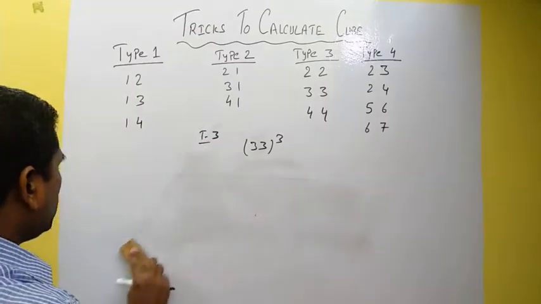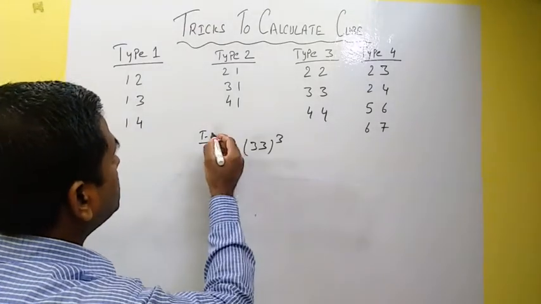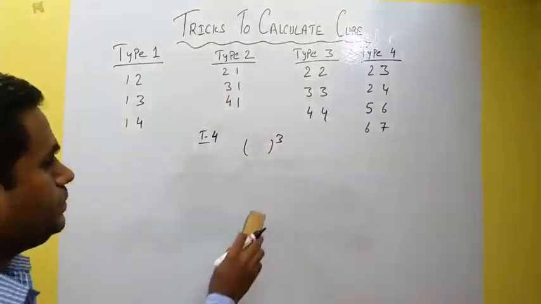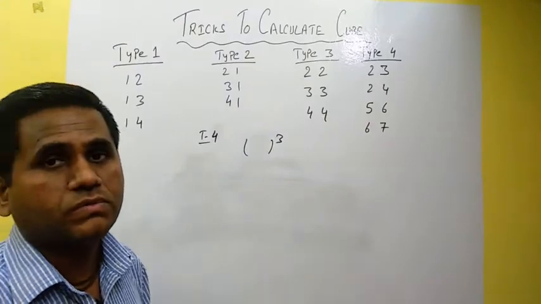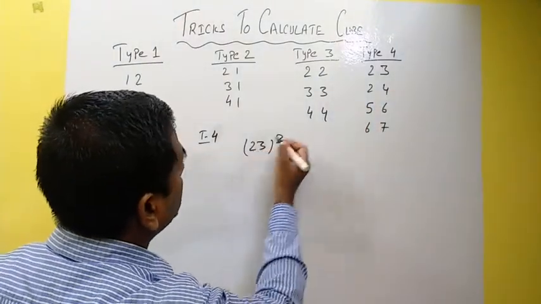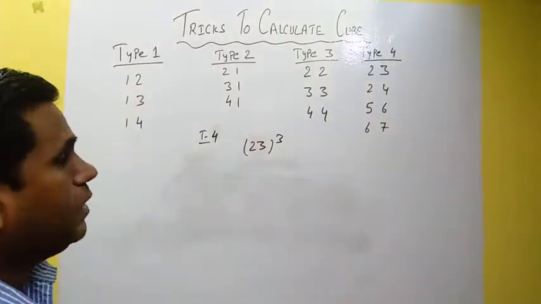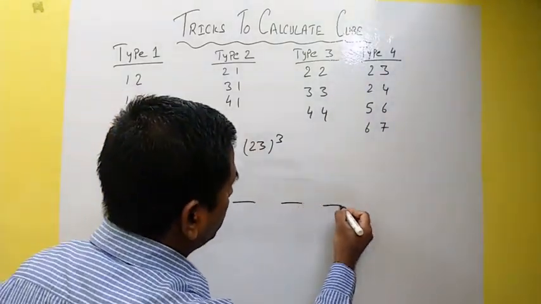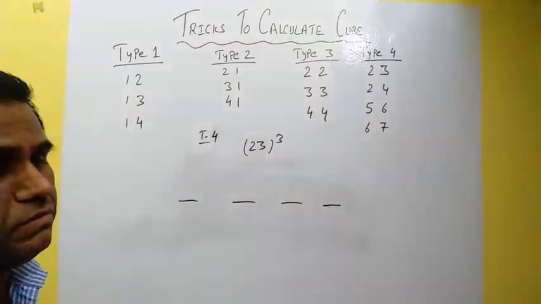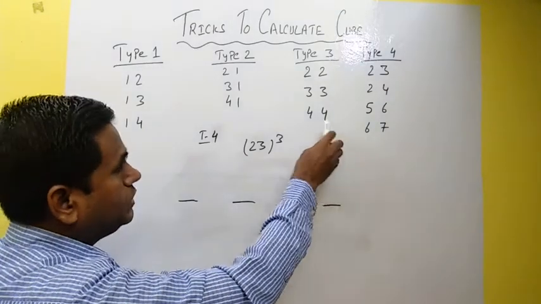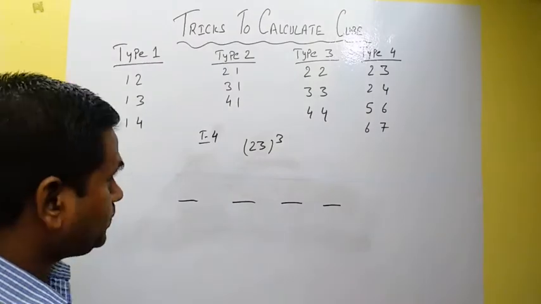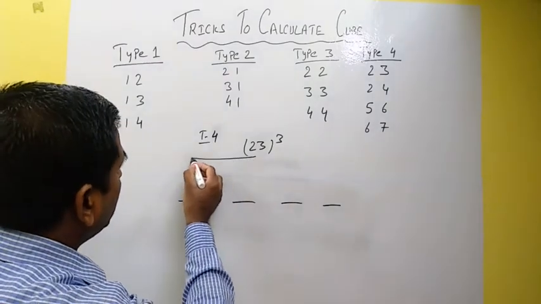Now we have come to the last type, which is type 4. In type 4 you can see, friends, here we have different types of digits, meaning all other digits which do not fall in the earlier types will come in type 4. So 23, you can see the first number is 23. So 4-digit format here also, but how to fill this is different. Like I told you, the first step only is different. So what we have to do here is, you have to see very clearly the 2, right?